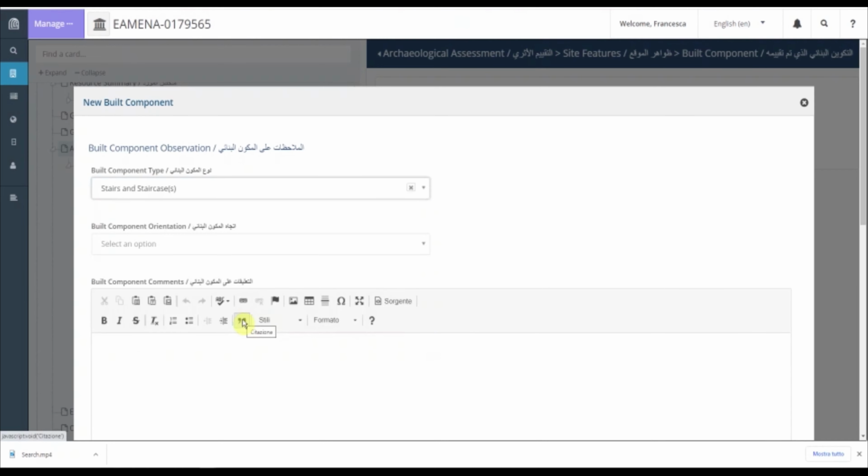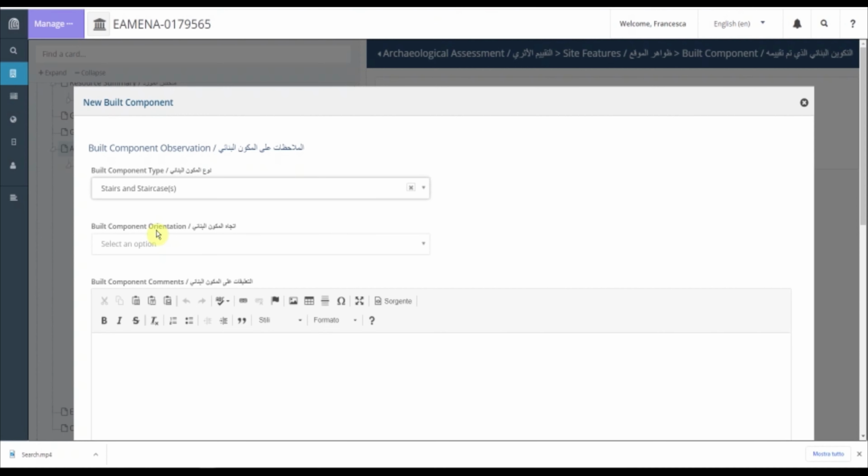Here, and I click. The second field to fill is build component orientation. This field is used to record the geographical orientation of the build component that is being recorded and assessed. For example, for a build component type recorded as a wall, if it's the north wall of the structure, you will select north.